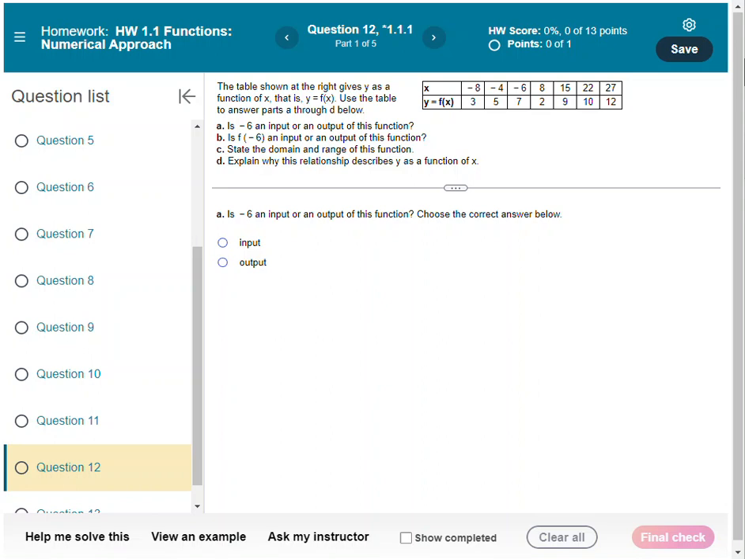To work through question number 12 in section 1.1 to clear up some questions about this one. I see that I have a table here that describes my function numerically. And my first question is